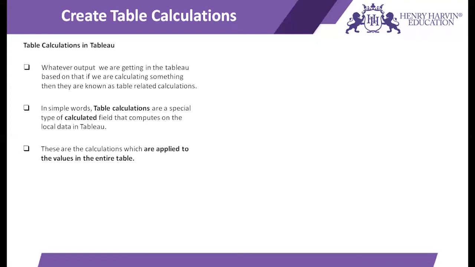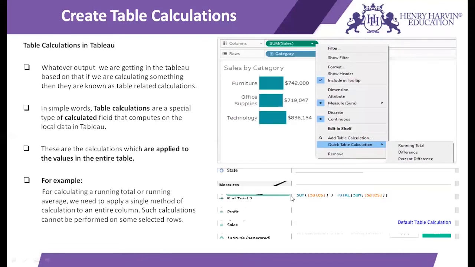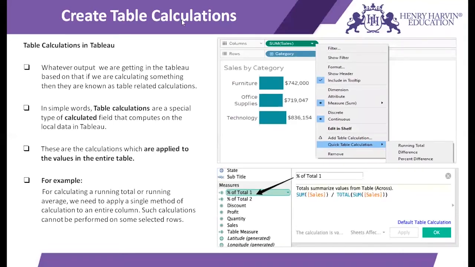that calculation is performed on the output in Tableau, that is, the output of the operation performed on the fields A and B. So you'll understand it better when we see this table calculations part in the Tableau workbook in action.